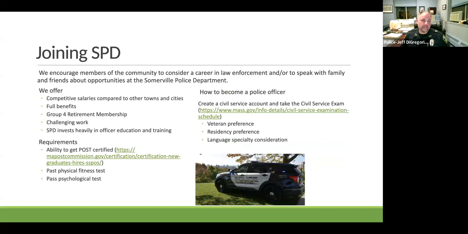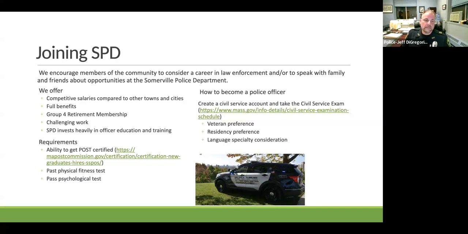And then I think finally, we are looking to hire. We're actively recruiting. I'm actually going through the process right now of hiring new officers. I will say I've never seen a challenge. I've been on 24 years, and it was kind of unheard of to not have candidates or people that really wanted this job. But I do encourage you, if you know anybody that wants a great career, like I said, I've been here 24 years.